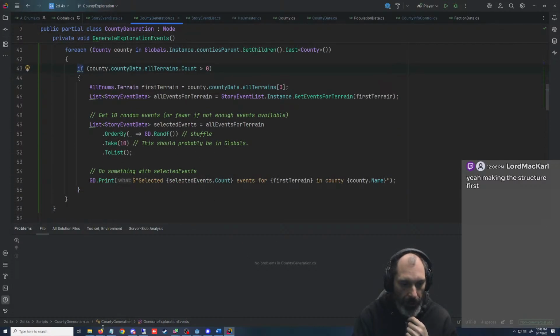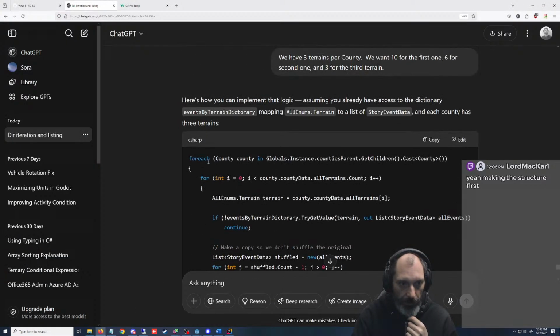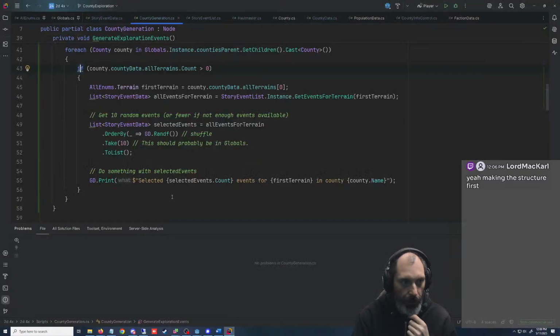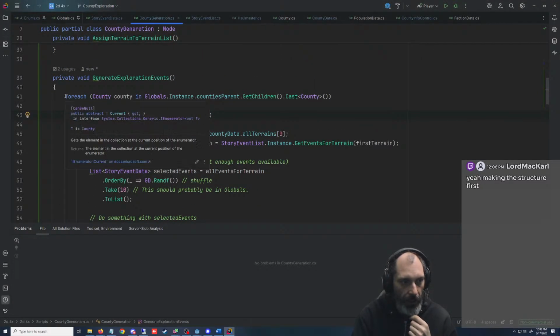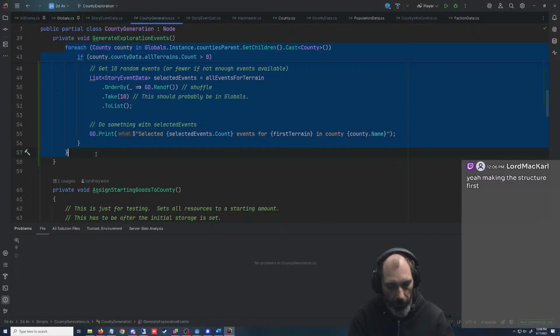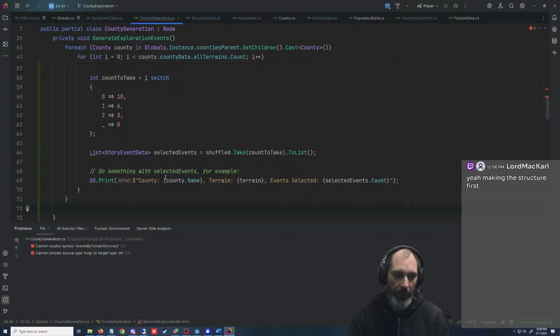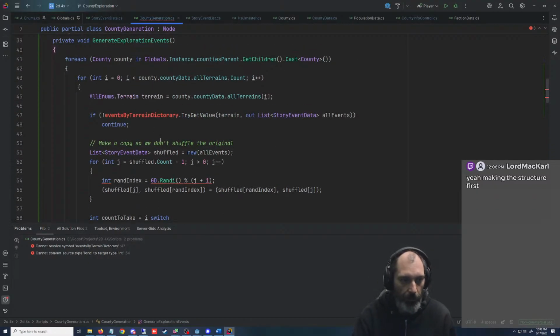Wait, what did I just copy here? I was going to make sure that, okay, we're just at the for each part. We're getting it all set up to pull. Then we need some events, because we could do it with just like 1 or 2 events, but it's not going to be. Events by